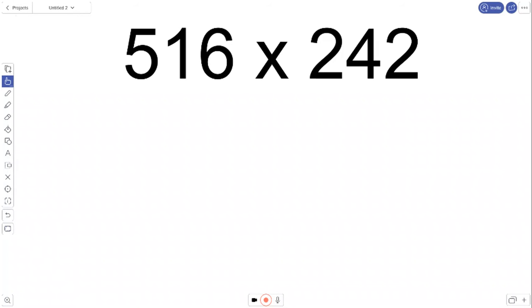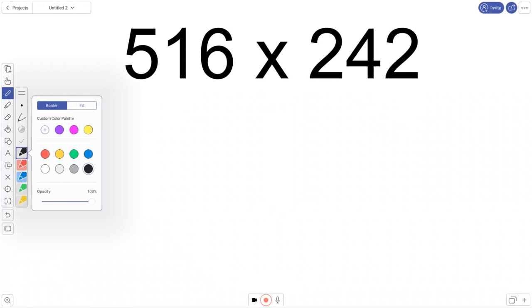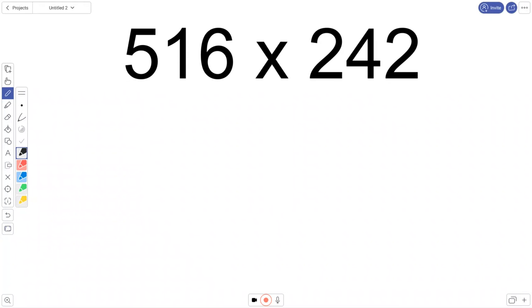All right, we are going to take a look at the shortcut method, also called the traditional method. This week is going to be with a little bit bigger numbers. Yesterday we did 2-digit by 2-digit. Today we're going to do 3-digit by 3-digit. A lot of it works the same way. You kind of have to fall into the pattern of how this works so that you can handle